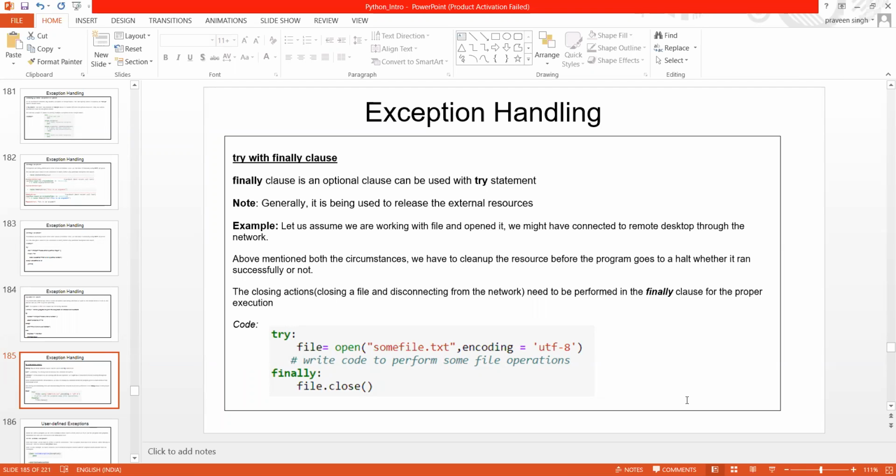Let us assume and take one example. Some file is present in a shared drive and you have already opened that file, and now you have forgotten, you have kept it open for the entire day, and someone else comes and also wants to open that. Do you think that is going to be available for you all? No, because that is already opened by someone and that is not available.